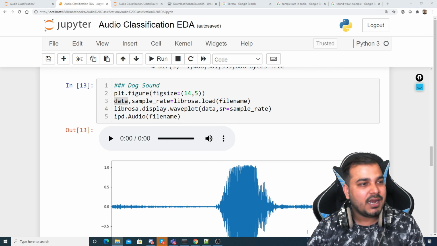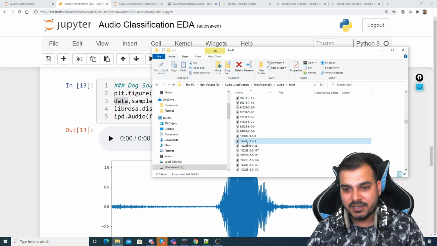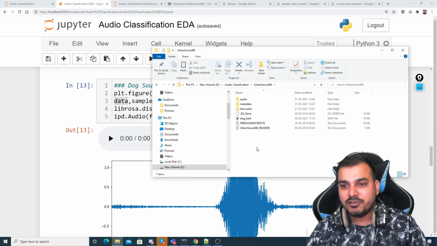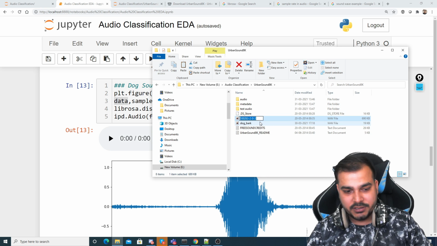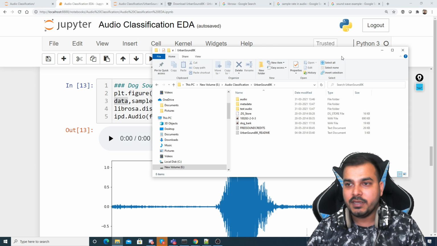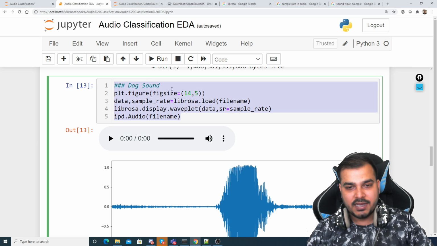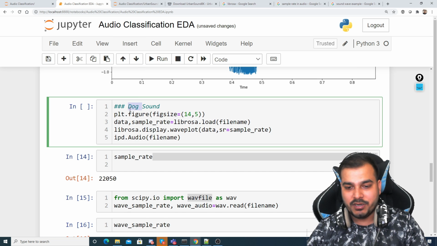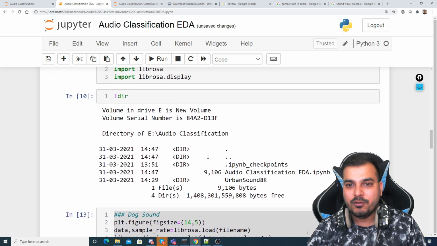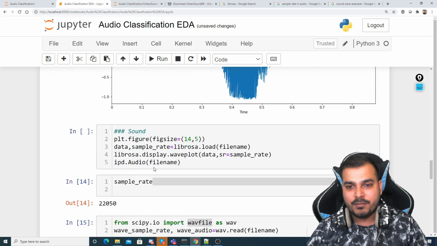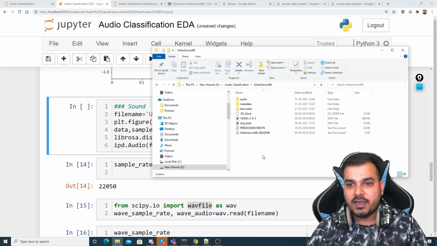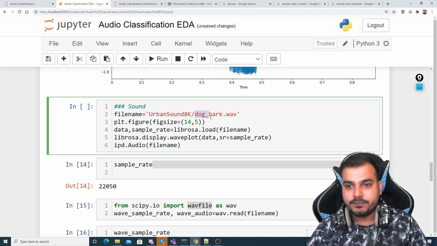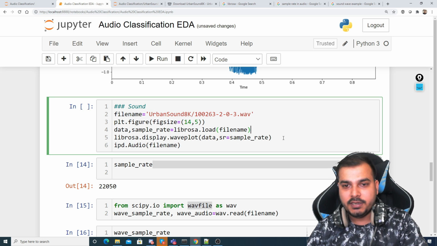I'll also take some examples. Probably I'll just take these examples. This was another dog, this is another dog. So I'm just going to paste it over here. I'll take this signal, and I will read this entire thing. You can also compare different signals. I am not sure what sound it is. I'm just going to place my file name over here. So let's see what my file name is. My file name here should be whatever file name I'm actually going to use, right? Fine. So here I'm just going to execute this and write wave, and let's see.